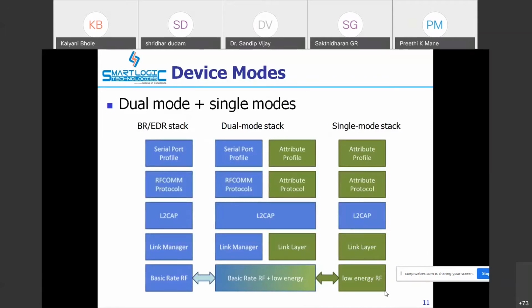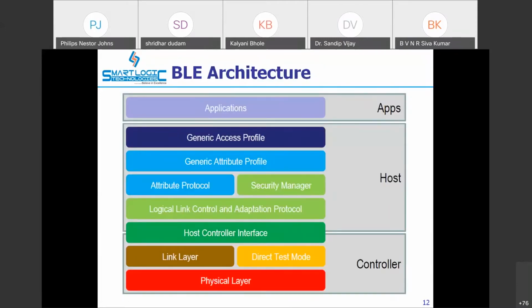So this shows how it contributes to the communication. If you look at the architecture, these are nothing but my OSI layers. At the bottom is the physical layer. The BLE architecture basically works with a profile. They have created different attribute profiles in the BLE architecture, which eases the communication.